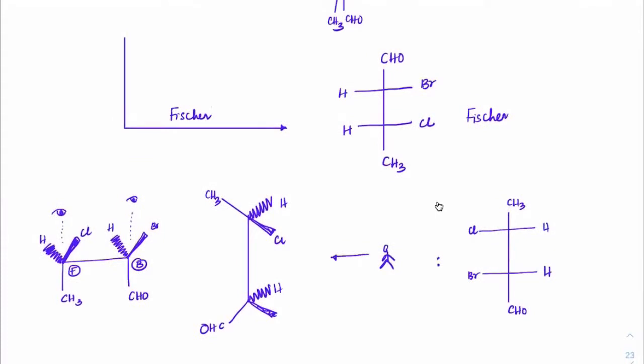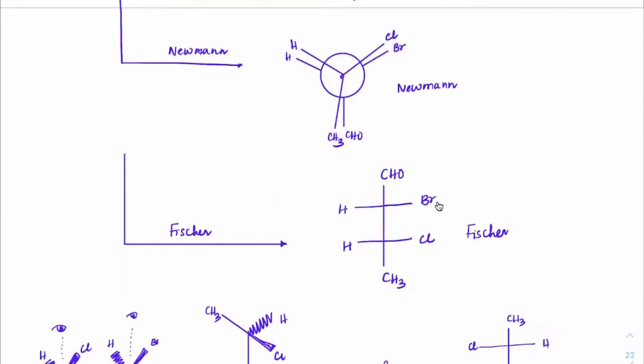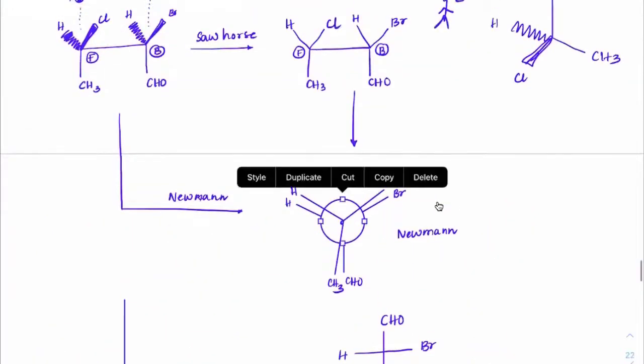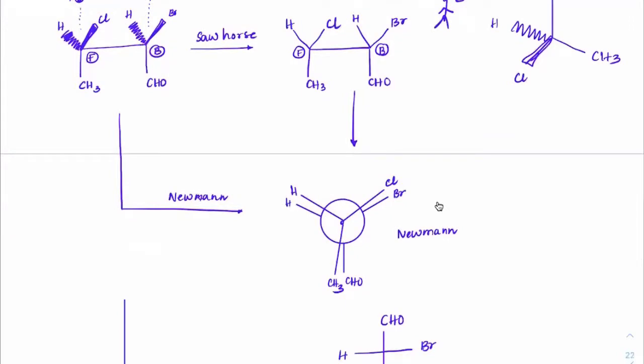Okay. Did you learn something from here? This Fischer projection, the minute I twist it, I make it round, then what would happen? If I completely change it, bring this CH3 here, CH3 there, and CHO here. So it is exactly turning everything, right? Bromine will turn, hydrogen will turn. So left will become right, right will become left. Acha, okay. You meant to say bringing this carbon as the front carbon and this as the back carbon, correct? Okay, yes, you can make it. There is no issue with that.